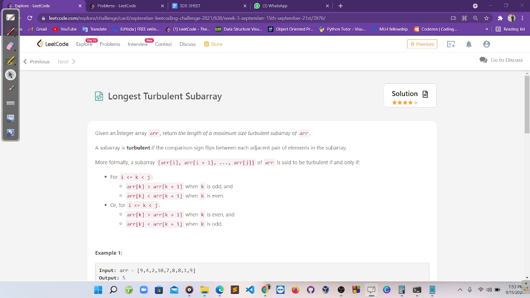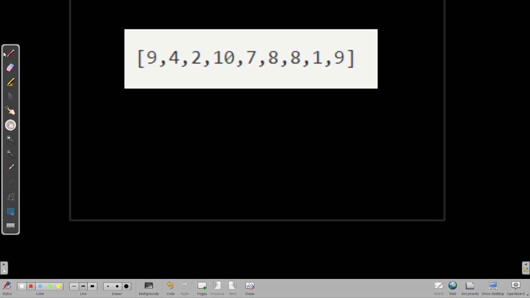What do you mean by turbulent pattern? Here is the explanation of a turbulent pattern. Just understand with the help of the presentation, and I will tell you what actually is the meaning of turbulent. Turbulent means, in the problem we have been given, if we are at some kth index, then the element which is present to its left,